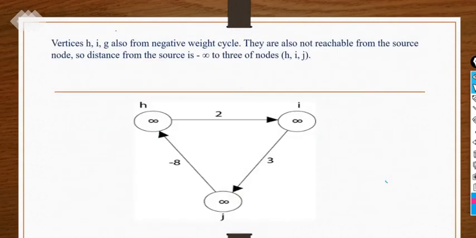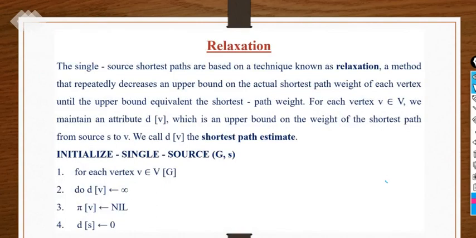So one more thing about it, like if we have three vertices here having a negative weight cycle with minus infinity, and they are also not reachable from the source node, in that case also it's a problem, and it's not possible to find the shortest weight. If this kind of situation is created, then also it's not possible, because the negative weight cycle is not reachable from the source node, and it will repeat again and again up to minus infinity. So that's a problem with it.